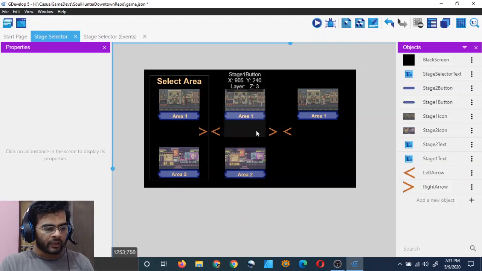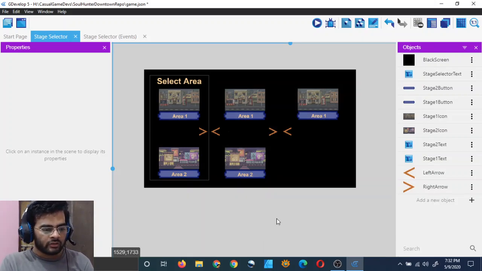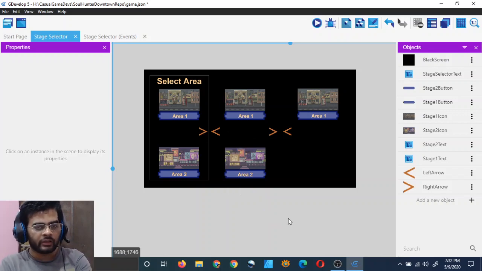Because even if we have one extra area, we have to go there. If we get a fraction, that means we have an odd number of areas, so even for one area, we have to shift our camera to the right or to the left. So, number of areas divided by 2, ceiling.